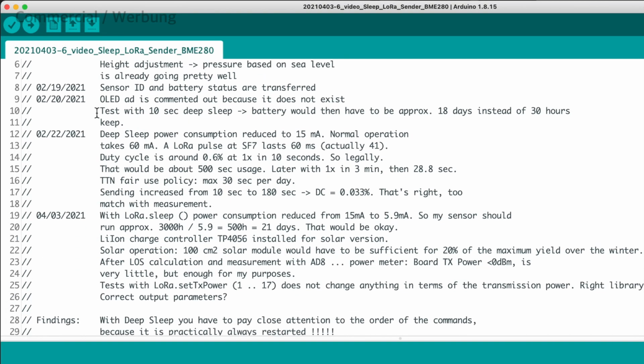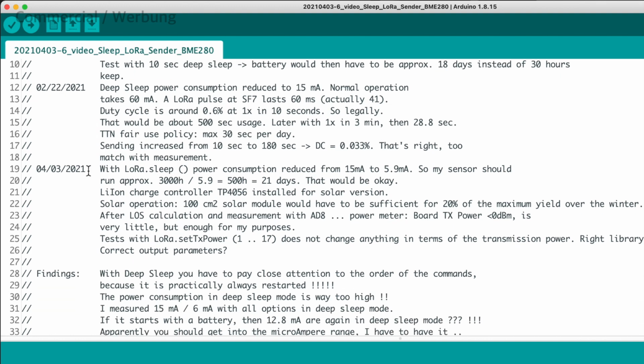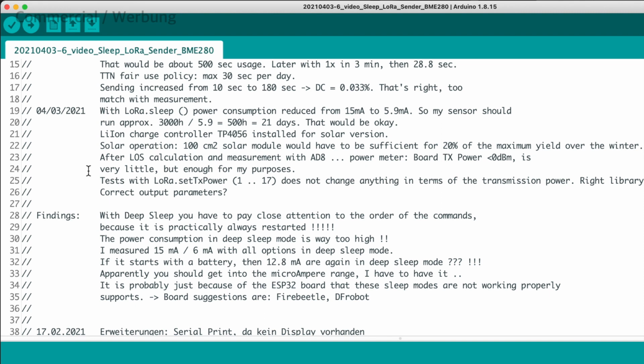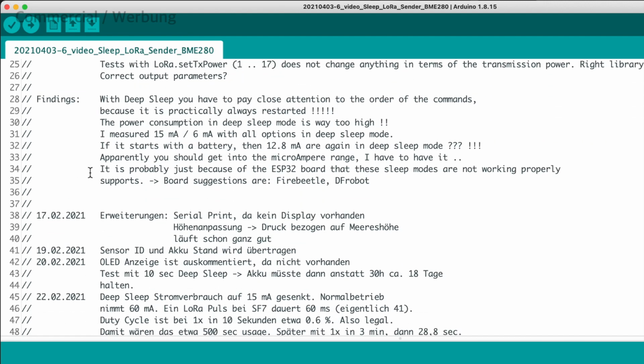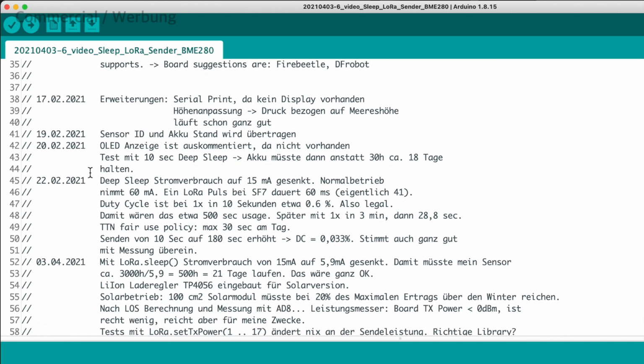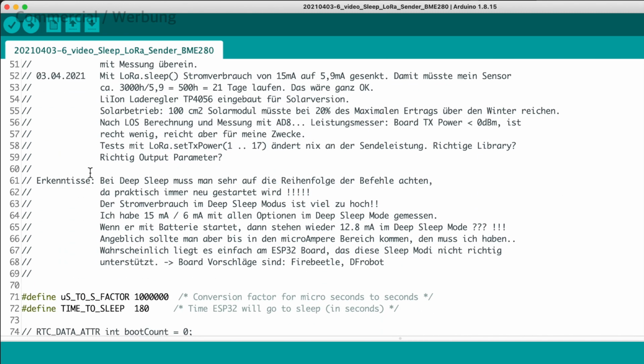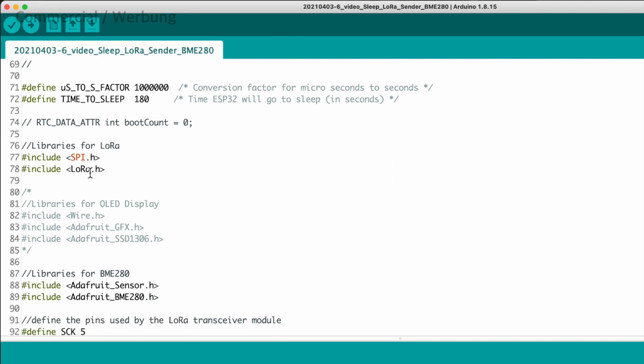Now, coming back to our code for the sensor. In the top section, I made lots of comments. They are describing some problems that I had and the solution that I found. Sometimes it's important insights which I had while developing the code. I'm using and combining code mainly from example libraries which I changed and enhanced for my own purpose.